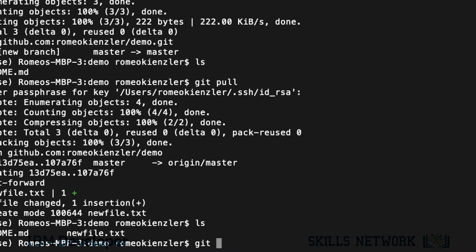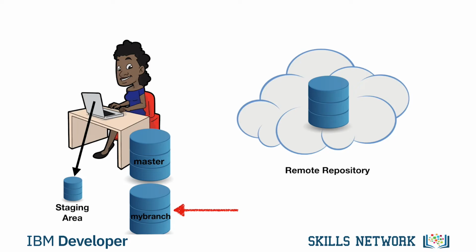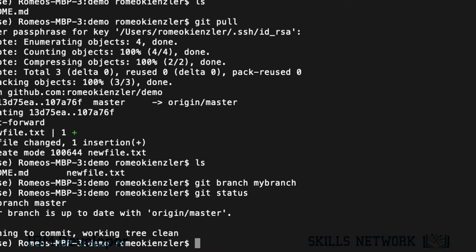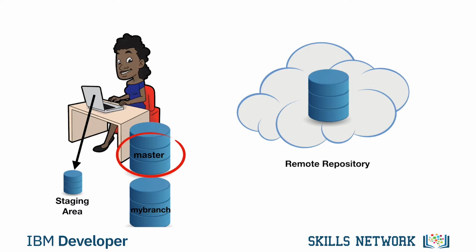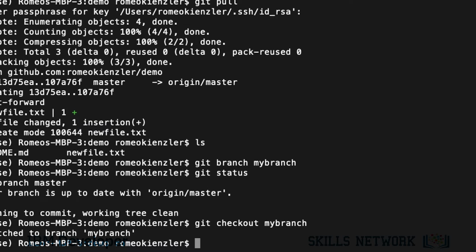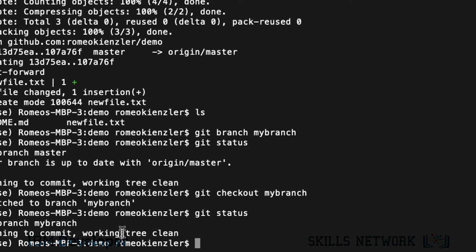So you can say git branch, my branch, for example. And then if you say git status, we still see that we are on the master branch. Now we say git checkout my branch, and now we see we are switched to my branch, and now we say git status. You also see here we are on my branch.